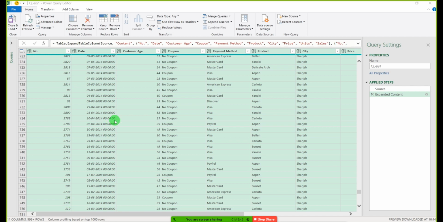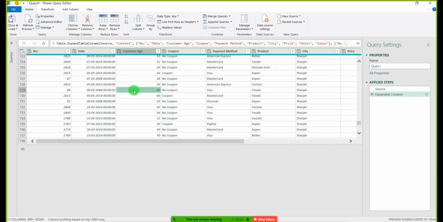Got it? Now you will say, okay Ramzan, from this how do I take this into the Excel sheet? After this you have to click on Close and Load, this option here under the Home tab. You can do other things also, like transform this data. You have a date column over here, so I can click again; this is a part of Power Query.